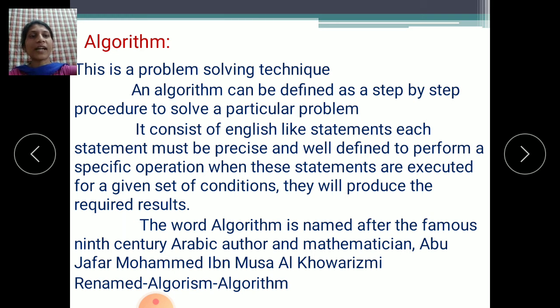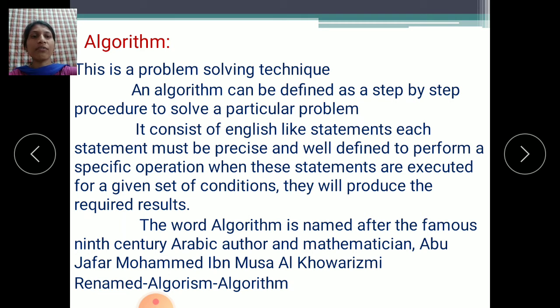Because he designed this algorithm, they used the name of this scientist to prepare the word algorithm. They renamed it algorithm.